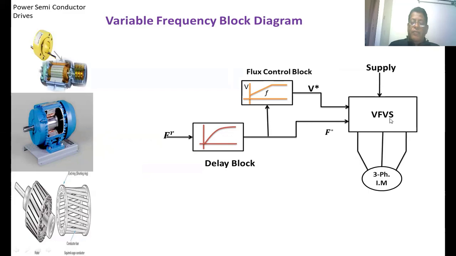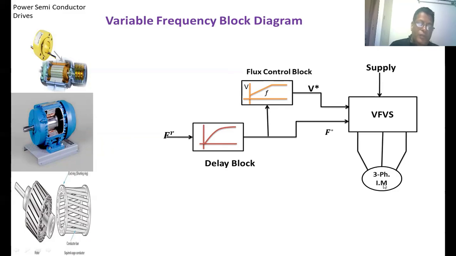This is Vf, Vs, nothing but a variable frequency, variable voltage source. This converter may be the inverter or the cycloconverter. This is a three-phase induction motor. This is the DC supply. How much frequency you have to apply here depends upon how much speed we want the induction